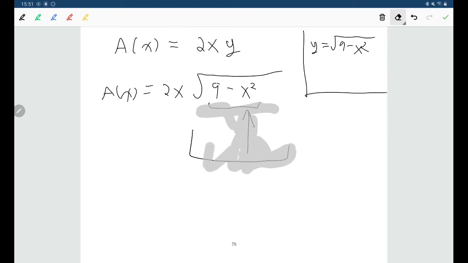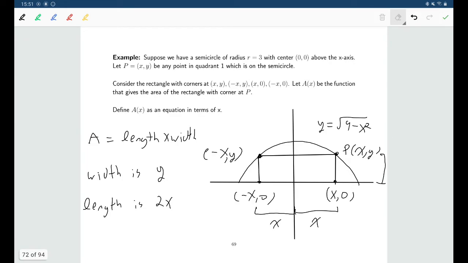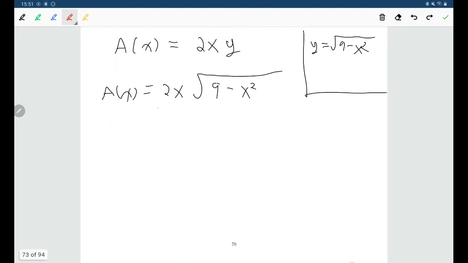And we'd also said that x was inside of quadrant 1, which meant that x had to be positive. If x was not in quadrant 1, then you would have a negative value for x. If you were imagining x to be somewhere in quadrant 2, you would have a negative value, and that would mean that according to your formula for the area, you would get a negative value for your area, which of course also doesn't make sense. So for this, if I were to say my domain